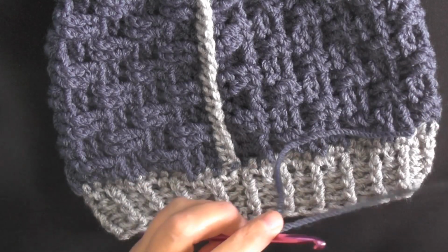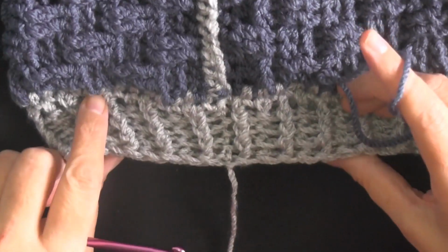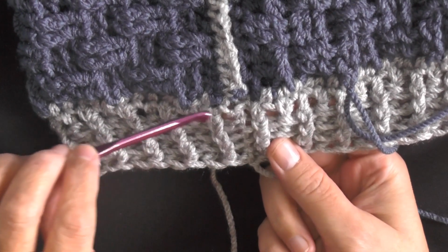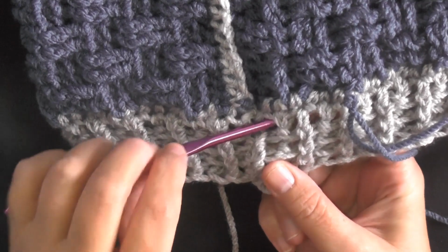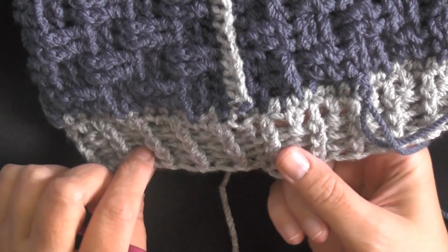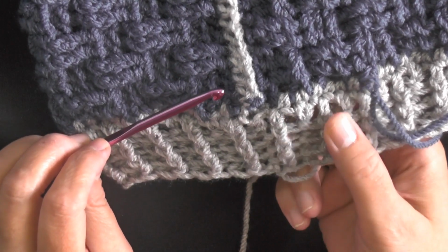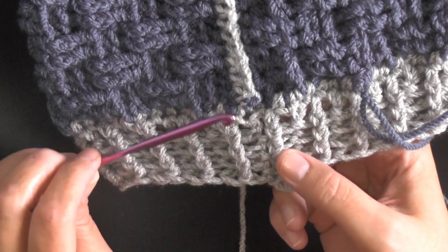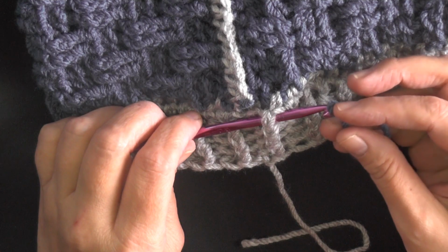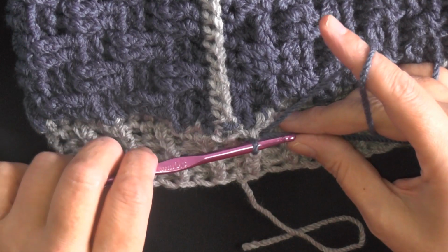So what you want to do is, in this very first one too, I went ahead and I grabbed up, see, this is the beginning, this is the chain, and here you can see there's kind of a space that runs along the top. You can see it's pretty big space there. This is why I decided to do the embroidery, because this is our decrease row, and when you decrease it leaves holes sometimes, so I thought it would look nice that I would grab that first front post that we did. Then I'm going to go ahead and put my yarn on my hook, pull it through that,